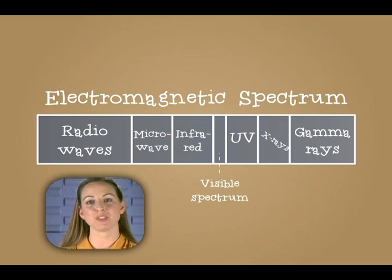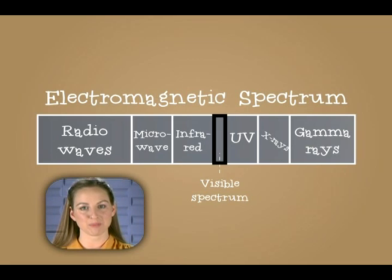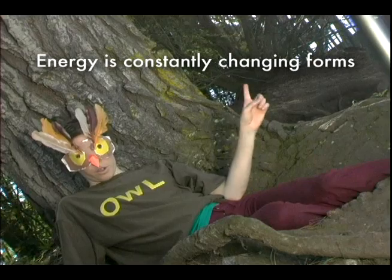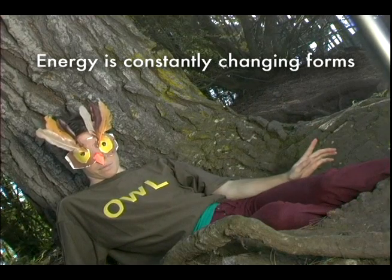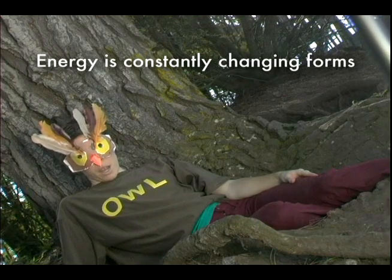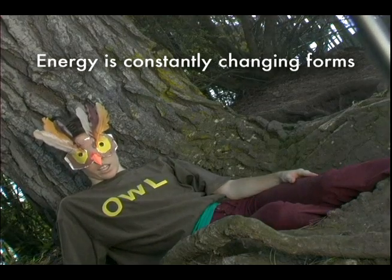Solar energy comes in the form of medium-sized waves. This includes the visible spectrum, which is the part of the spectrum we experience as visible light. You know, the colors of the rainbow. Solar energy is also emitted as infrared and ultraviolet light. Remember, energy on Earth is constantly changing forms. When solar energy arrives on Earth, it arrives as light. During its time on Earth, it may change forms several times, and when it leaves as heat,